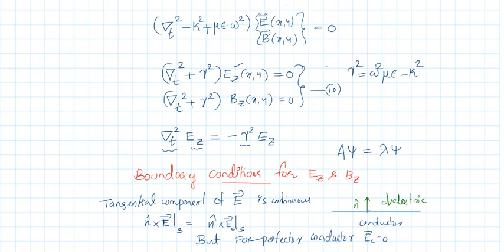We already have from electrodynamics that the tangential component of the electric field is continuous. What is the tangential component? It is n cap cross E. If you take n cap dot E, you will get the component along the direction of n cap. If you take n cap cross E, you will get the tangential component. So, what is the meaning of the boundary condition? N cap cross E on the surface at the dielectric is equal to n cap cross E on the surface at the conductor.